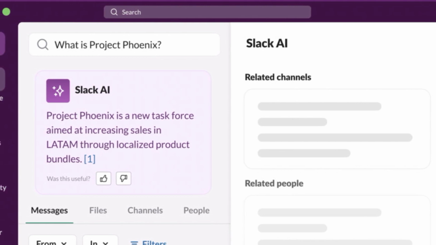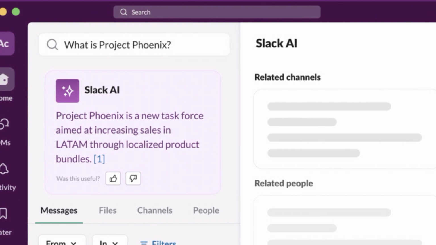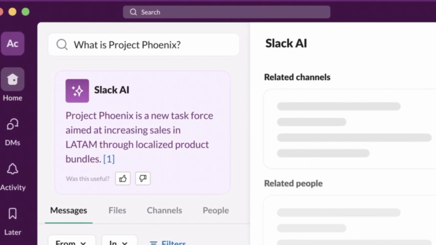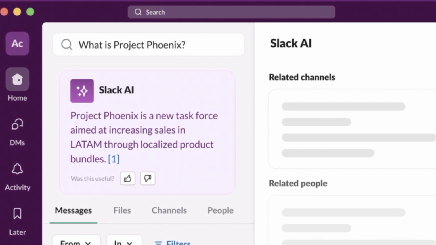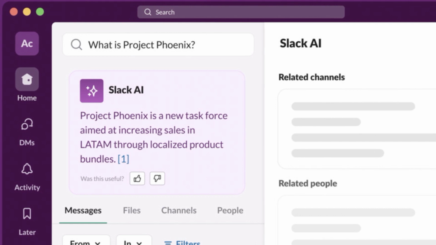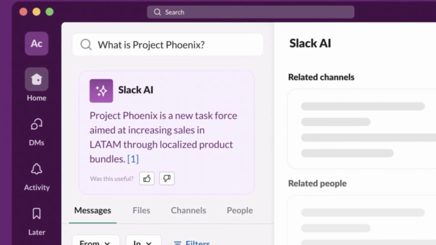Another handy feature coming with Slack AI is the ability to search for answers based on relevant messages, files, and channels within Slack. You should be able to use the tool to review discussions about a particular topic. By asking it a question, Slack AI will then generate a summary of that topic, while including a link to